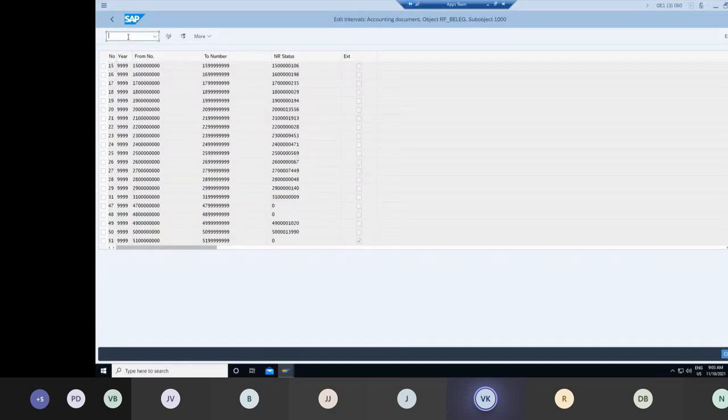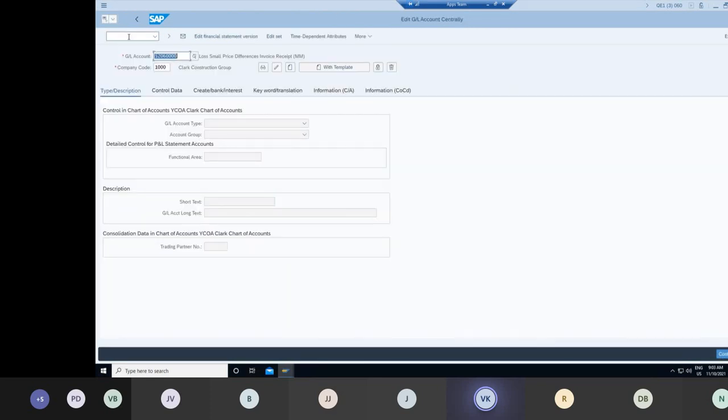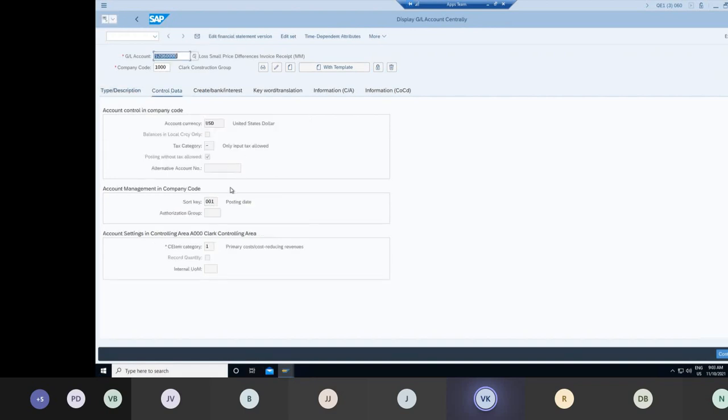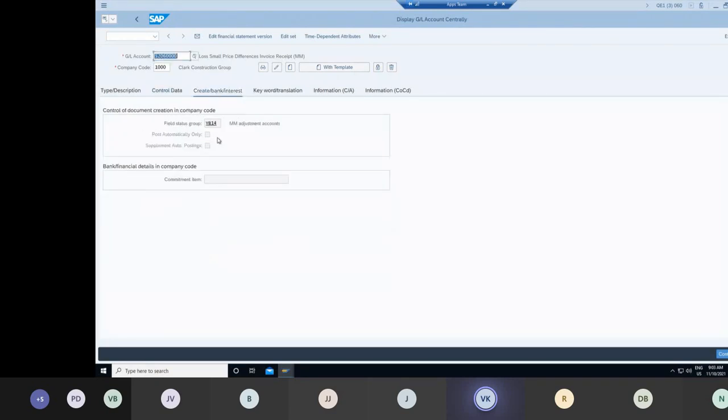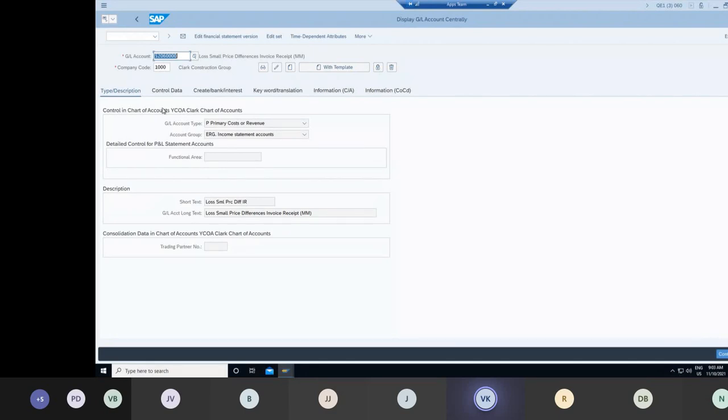What else was there? First double zero. Same thing. The GL account maintenance will also be defined based on their requirement. YB14. So same thing. Any specific thing you want to look at, we can go and check it out. But whatever we learn, you will always find the same values here.